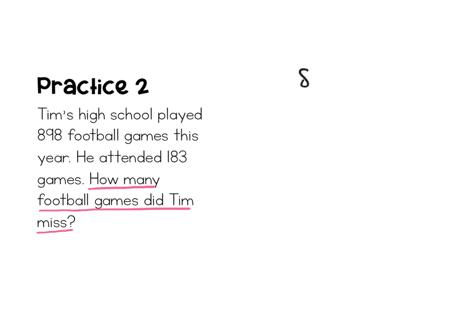So there were a total of 898 games. Tim only went to 183 of them, which means that all of the other games he did not go to, or he missed. So I'm going to take away, or subtract, the number of games he went to from the total number of games. What's left will be the number of games that Tim missed. 8 minus 3 is 5. 9 minus 8 is 1. 8 minus 1 is 7. So there were 715 games